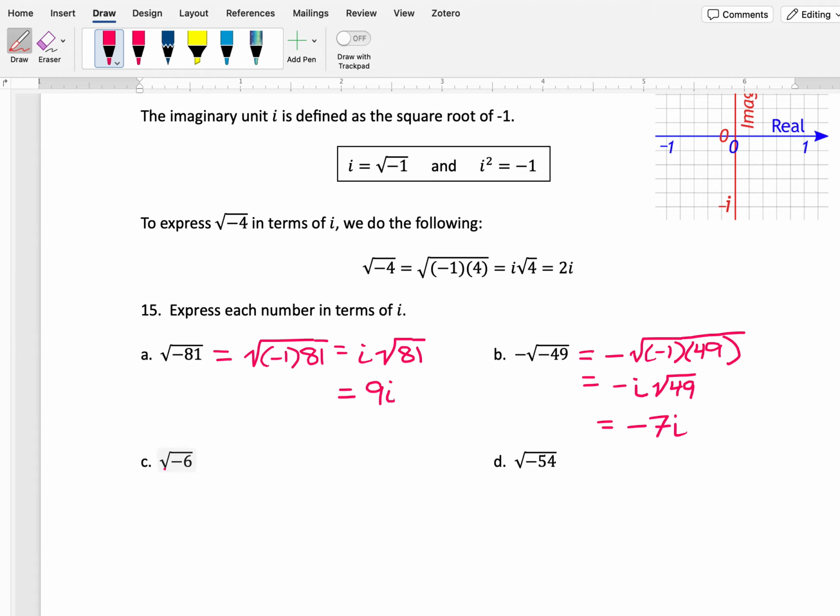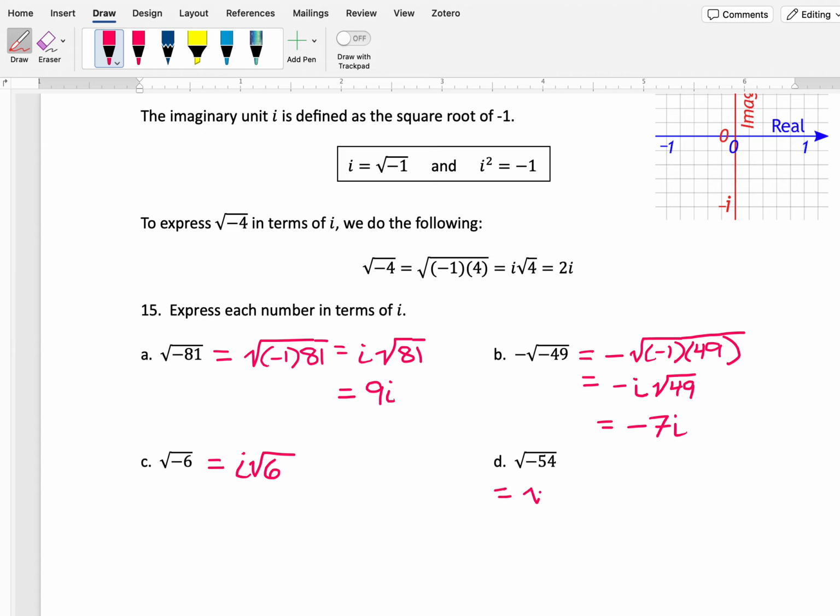Looking at c, we have square root of negative 6. So in this case, 6 is not a perfect square, so I'm just going to leave that as i times square root of 6. 6 can't be simplified, so nothing to do with that. That's just the answer. Now for this one, square root of negative 54, there is a little bit more to do,